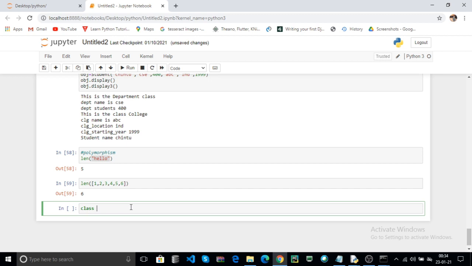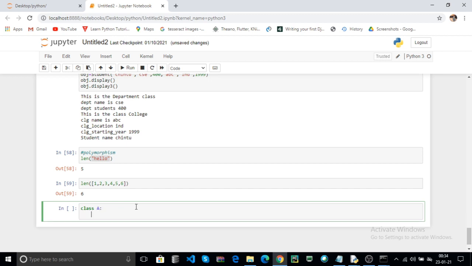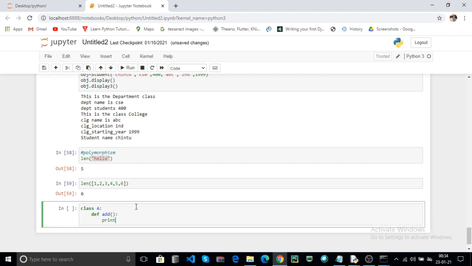Now I create a class. For example, A is one class. Here the class contains one method, for example, add. Here I print only one statement: this is the add function.